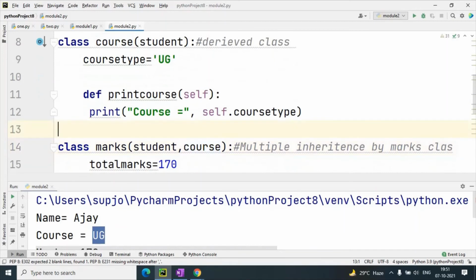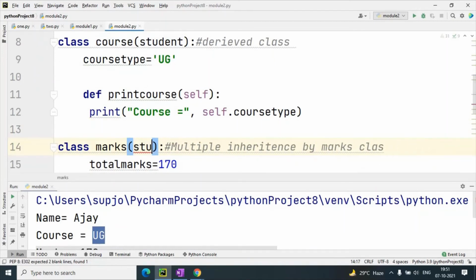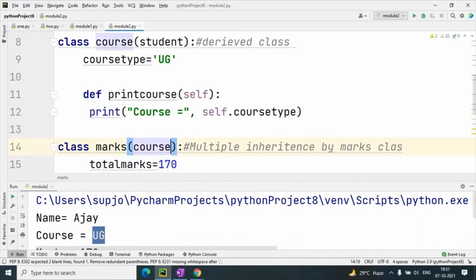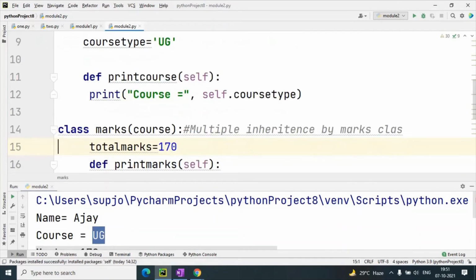Okay, next the class marks, which is again derived from the course class. So this is the example here, multi-level.